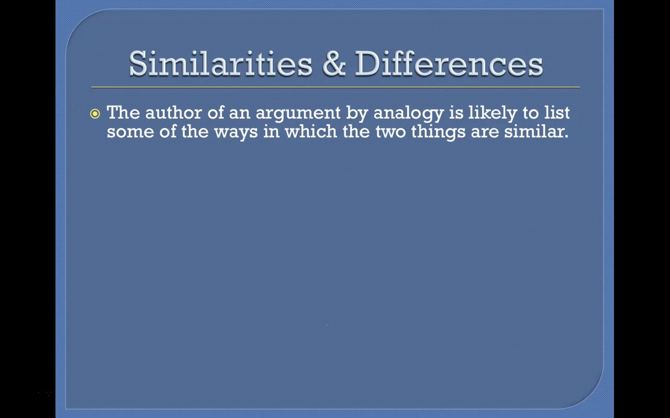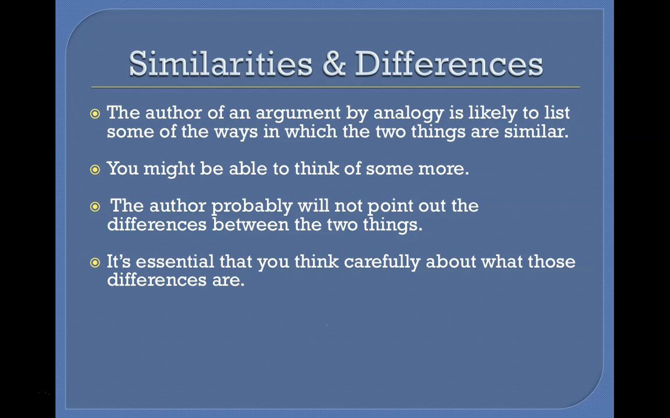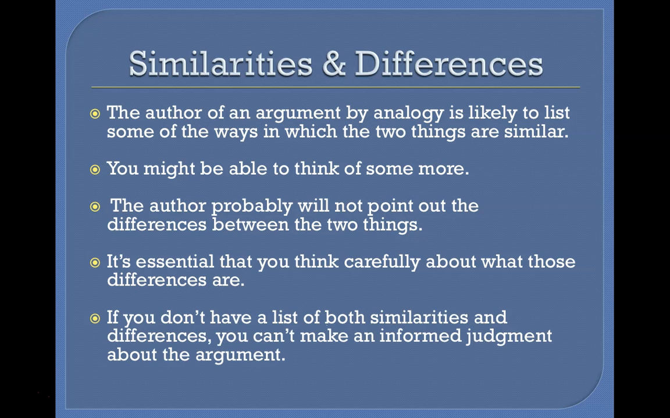The author of an argument by analogy is likely to list some of the ways in which the two things are similar. And in addition, you might be able to think of some more. However, the author probably isn't going to point out the differences between the two things. It's essential that you, as a careful critical thinker, think about what those differences are. If you don't have a list of both the similarities and the differences, you can't make an informed judgment about